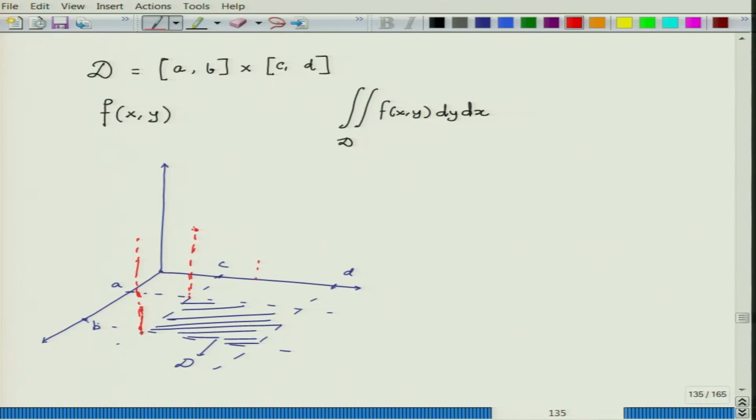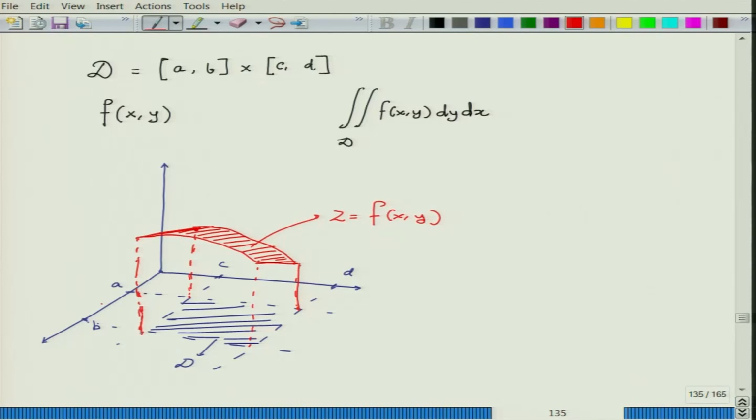Let me just draw the functional graph. This is an arbitrary drawing, don't think that this is some kind of serious drawing. This is your z equal to f(x, y). Now, what I will do first, let me